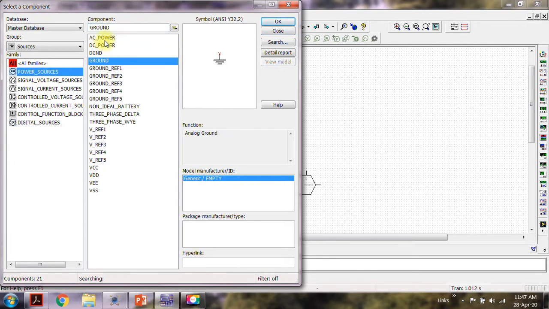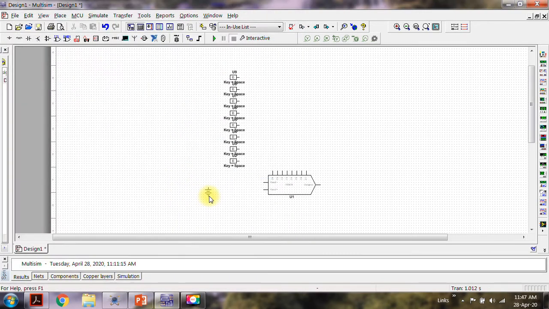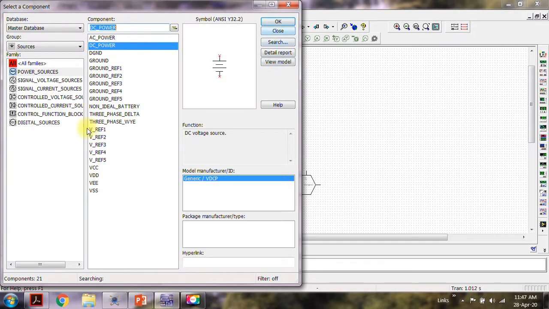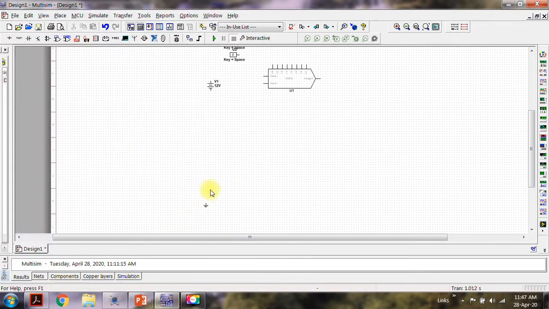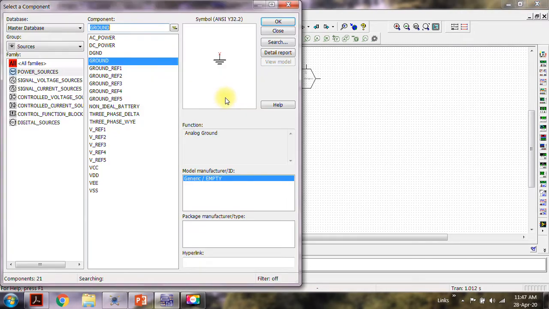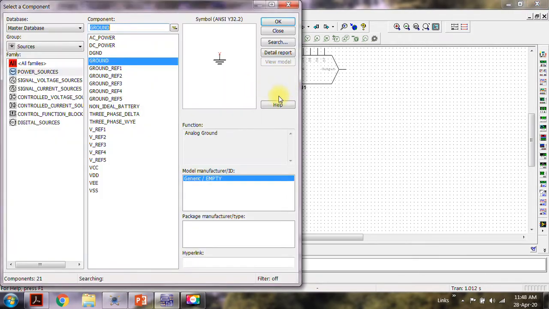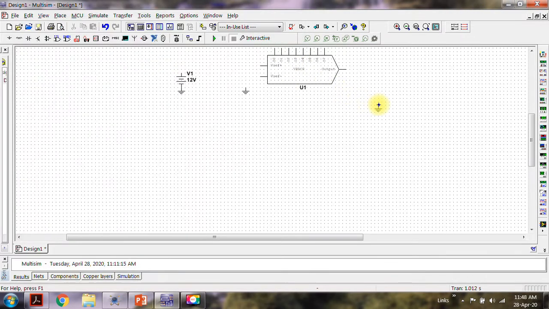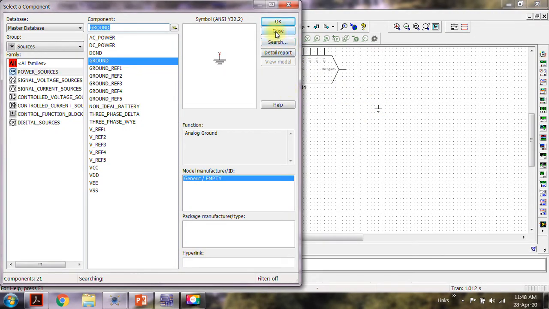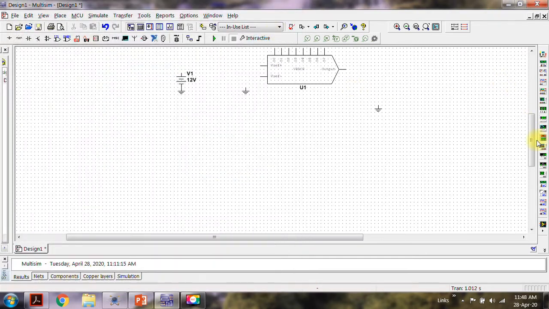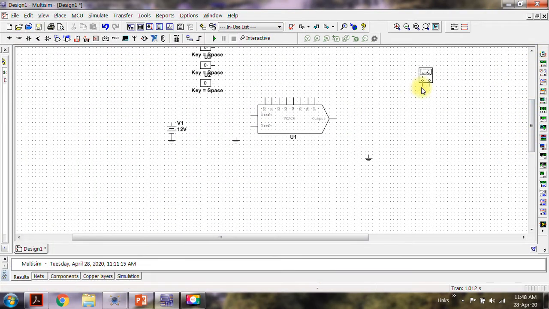Then we require the reference, we require ground, another ground for reference, another ground for the multimeter. We'll start wiring this up, use a multimeter.